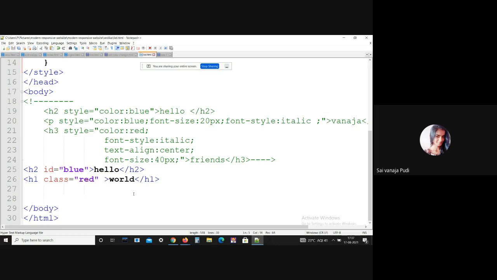Let me explain what this external CSS is. Generally, if you have multiple HTML pages for an application that use similar CSS, then we can use external CSS. This is also one best case for external CSS: you create multiple HTML pages, but the CSS properties are all the same.